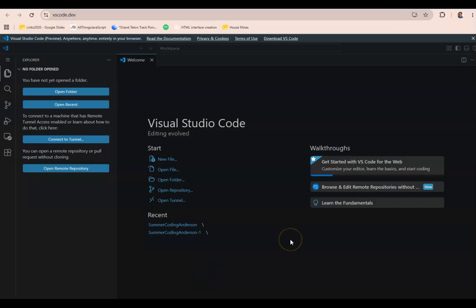vscode.dev. Now when you get to vscode.dev, it's going to look pretty much like this. There's a couple things you can do here, but all we want to do is create a new folder. Not a file, but a folder. So the way we do that, we click on Open Folder, either right here or right here where it says